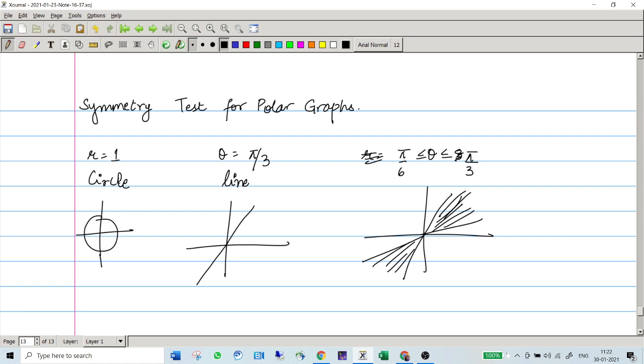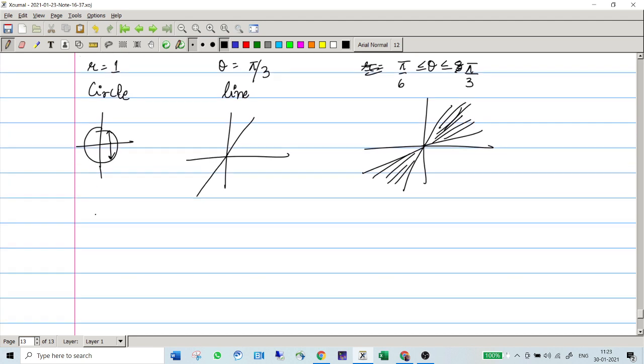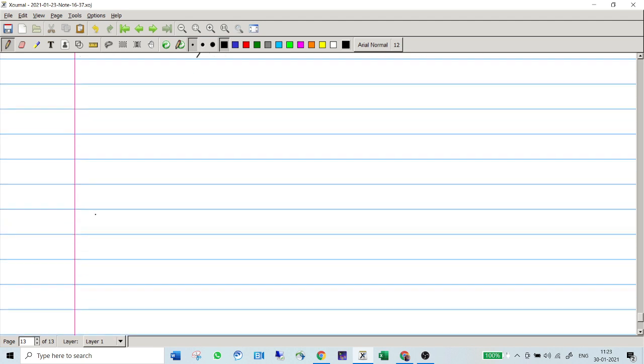Okay. So you can see now the circle is symmetric about the x-axis as well as the y-axis. That means the number of points lying above the x-axis is exactly the number of points lying below the x-axis. A similar thing happens with y: as much part as there is on the right, that much is there on the left. So it is symmetric. You can at least see using the picture that it is symmetric about the x-axis and the y-axis, and the symmetry about the origin we'll discuss. But as of now, you can frame the definitions as you have seen.